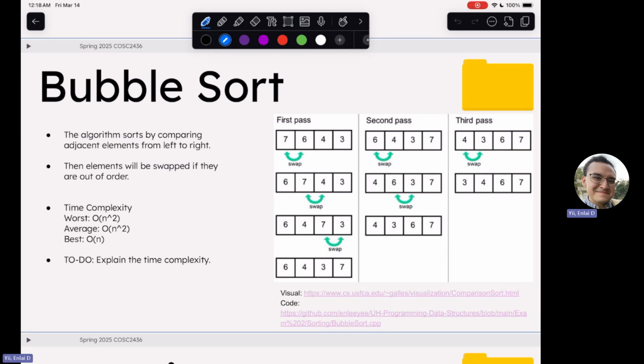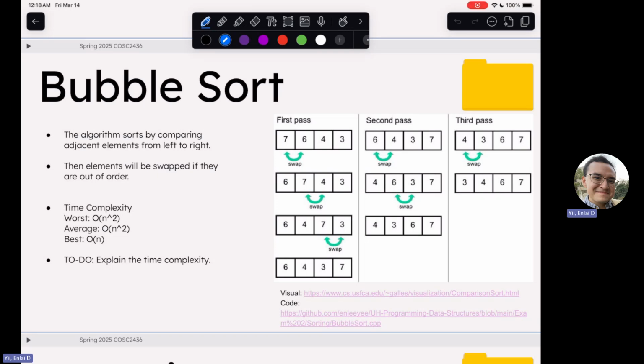And if that takes a while, especially for, let's say, an array size of 1000, it's gonna take ages to compile. So we don't recommend bubble sort,